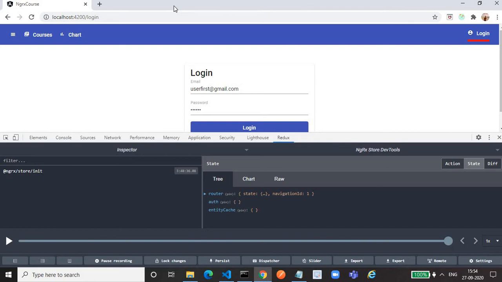In day 3 we saw the NGRX entity approach. If you have watched my day 3 videos, you may remember that for a single entity, I mean the course, we have to create an action, then the corresponding effect, then the reducer, then the selector.